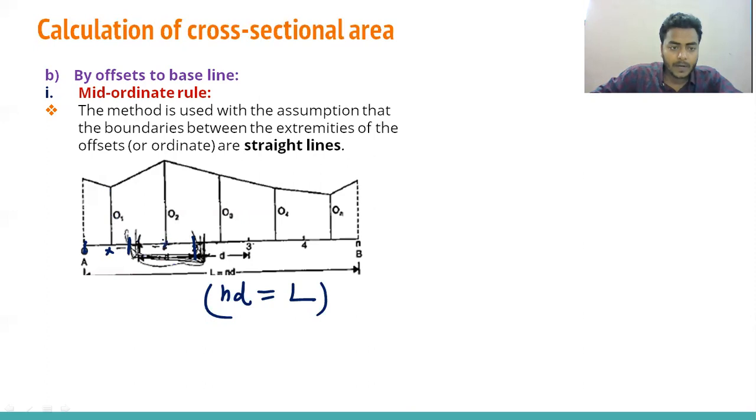Now here the midpoint is this one. We take the ordinate O2, the midpoint is O3, O4. So we are running from A to B, so we are getting n number of ordinates. So we can calculate the area